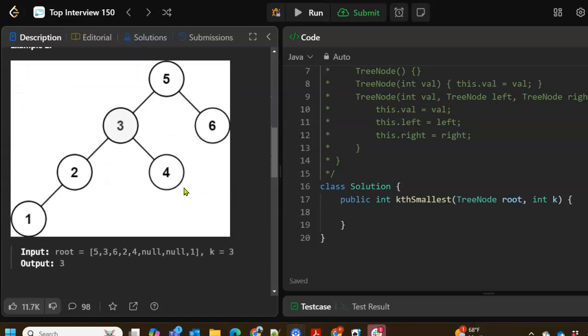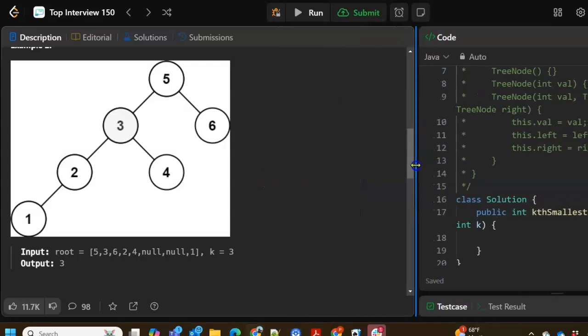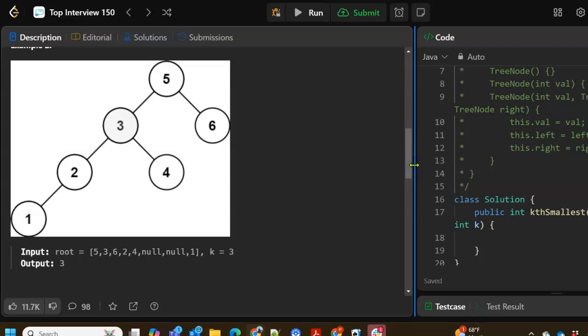Let's look at an example here. Both of these examples are actually a little bit too simple, but we are going to do a depth first search. We're going to do an in-order traversal. You can think of it that way, but we're going to do a depth first search. To do a depth first search, we use a stack,